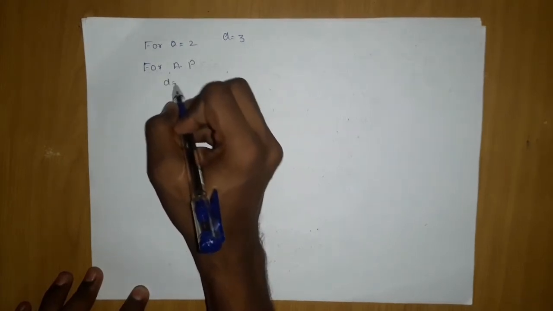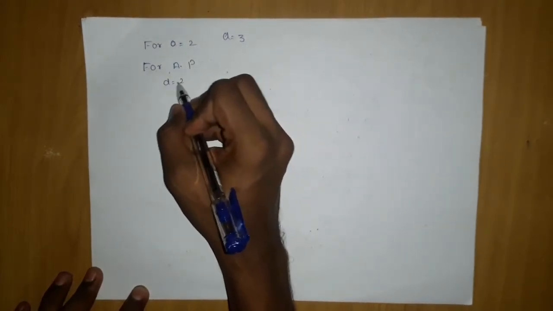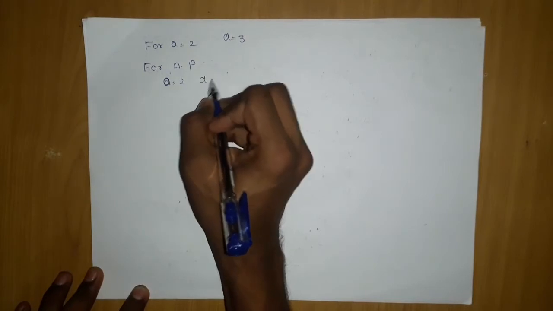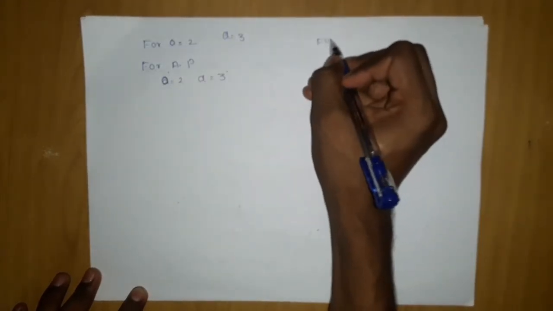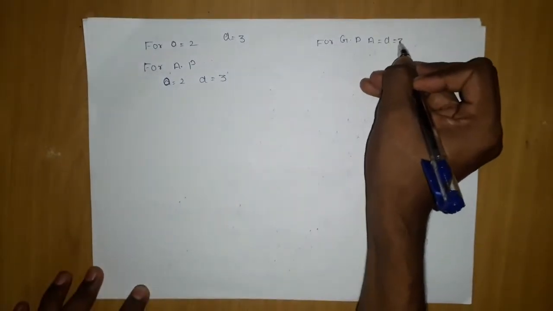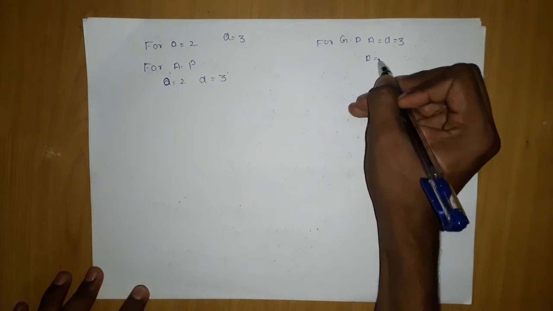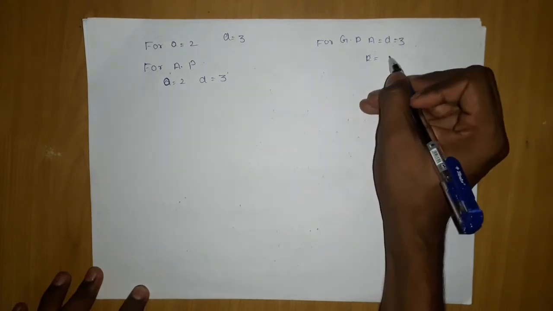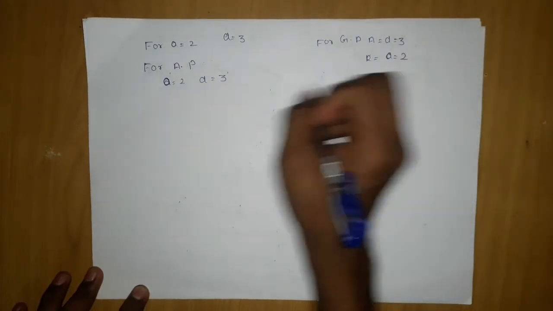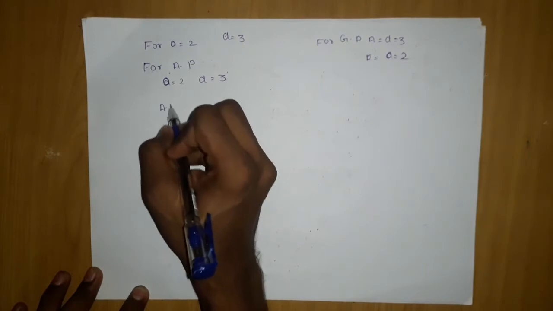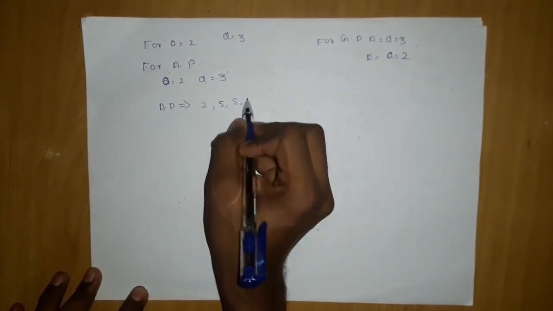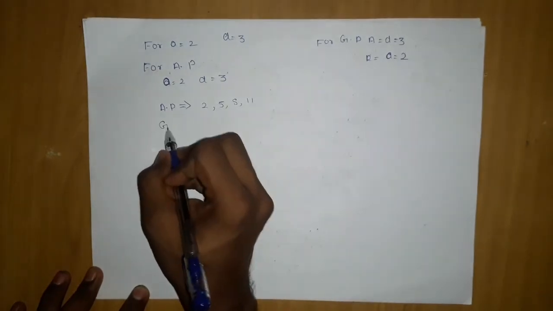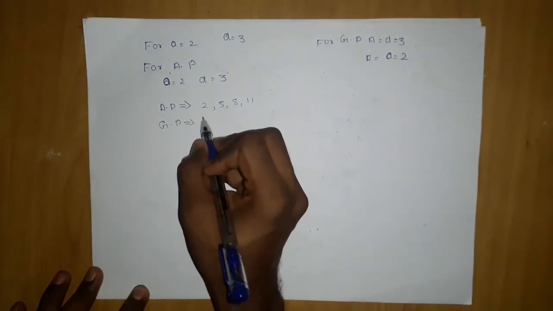d is equal to 2 and a is equal to 2, and d is equal to 3. And for GP, a is equal to 2, d is equal to 3 and r is equal to 3, a is equal to 2. So if we solve, what we have, AP is 2, 5, 8, 11 and GP is 3, 6,